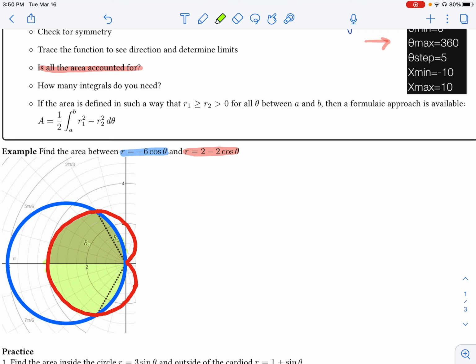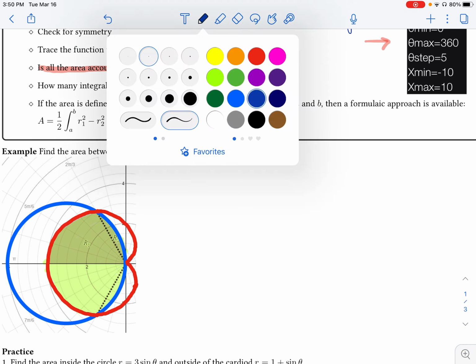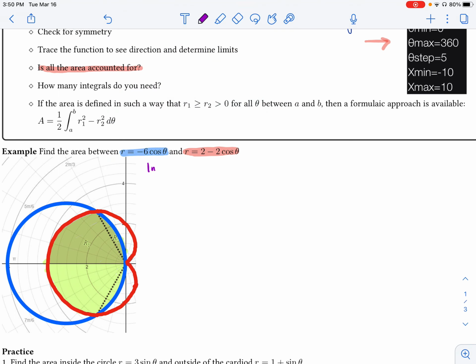So simply finding the area of the region above the x-axis, we can then just double it to find the entire region. So probably a really good place to start with this is to first go ahead and find any intersection points. I'll write that. So intersection points. Where are my polar functions